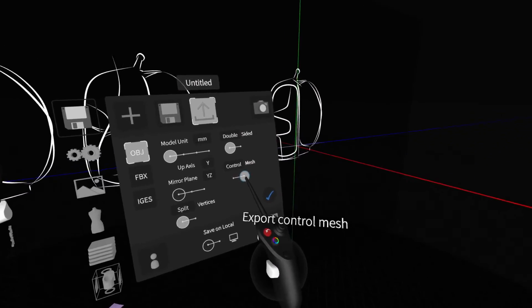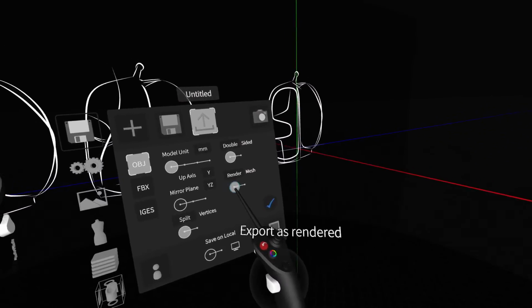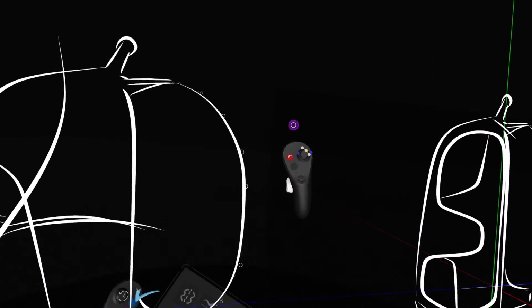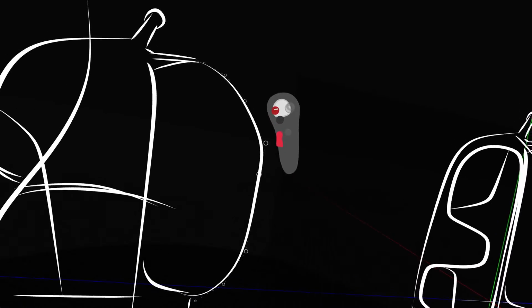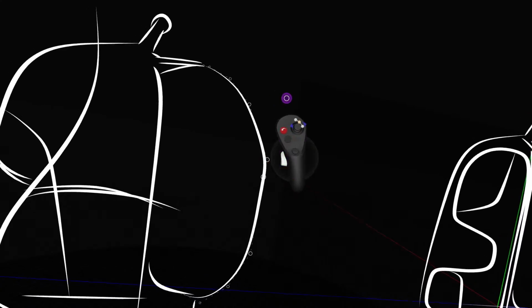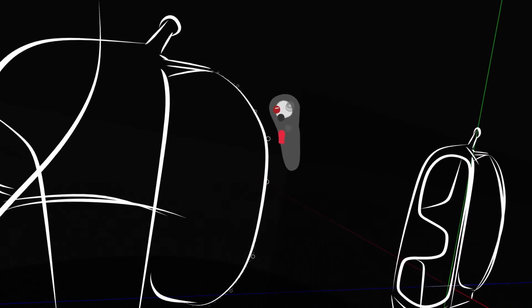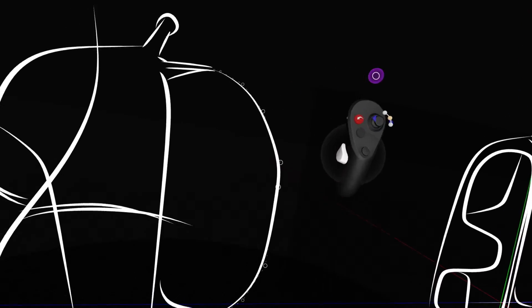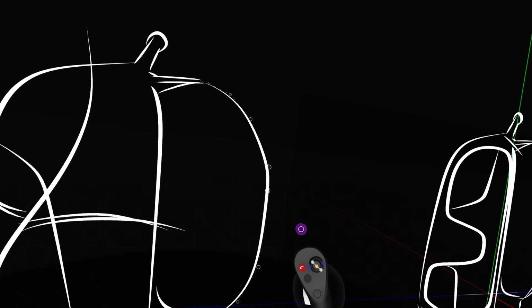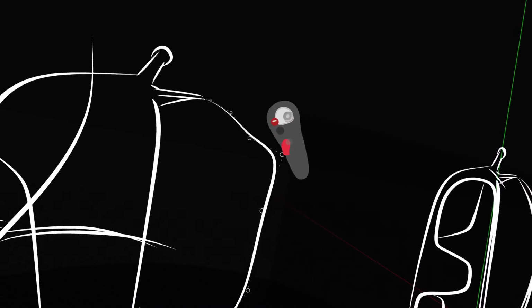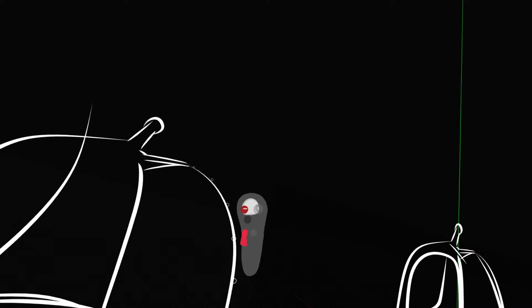So that's what control mesh is. If you just leave it unrendered, it will take your smoothed out stroke. Geometrically, this stroke is almost kind of like a subD surface or object as well. I might be wrong on that. The product team would be able to better explain it. But right now, it's not actually subdivided. It's kind of like